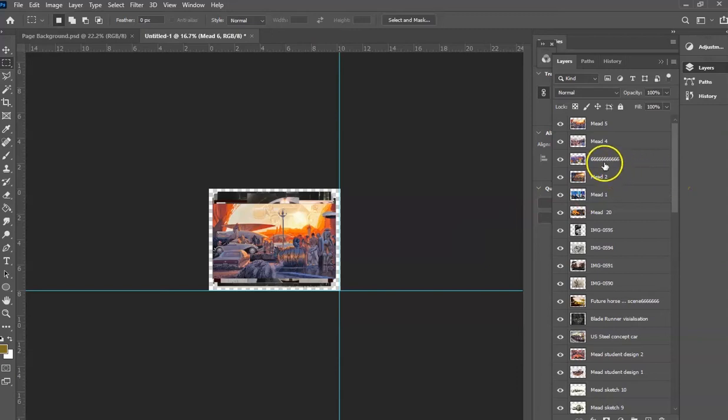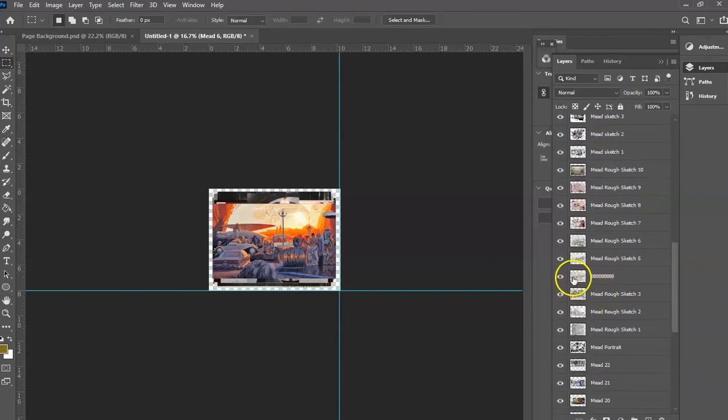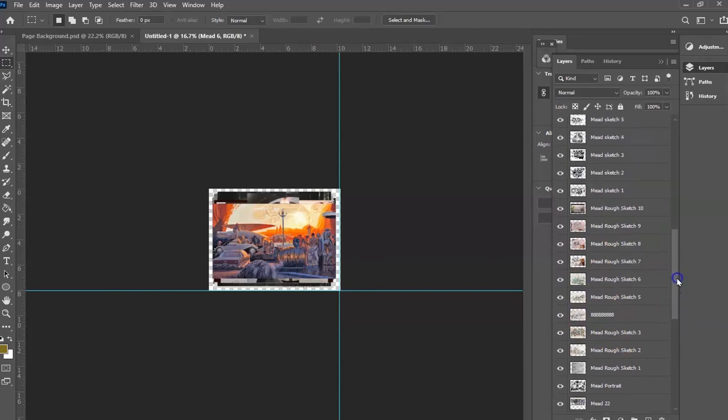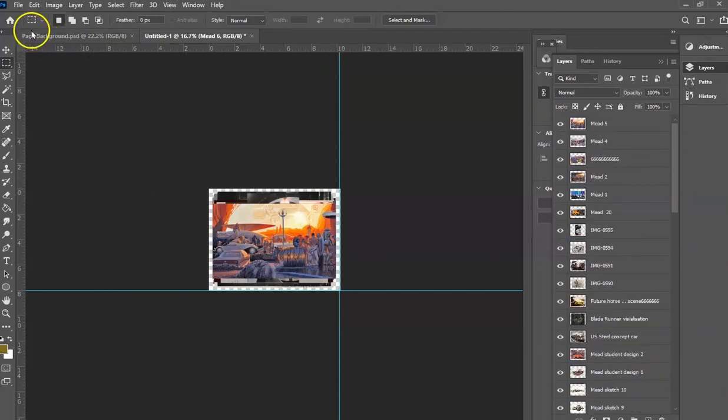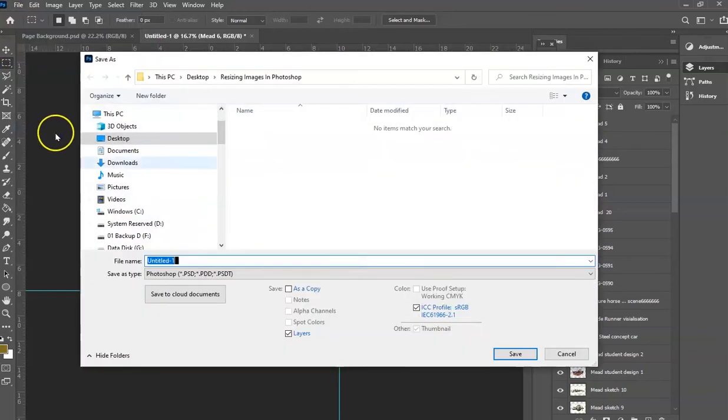Some of them I have marked, as you can see here, for future reference. There's one here that is the finished sketch, and down here I've noticed that I also have the preliminary sketch for it, and I've marked that right here as well so that I can line those two up and find them rather quickly. So then what you'll want to do is do File Save As,